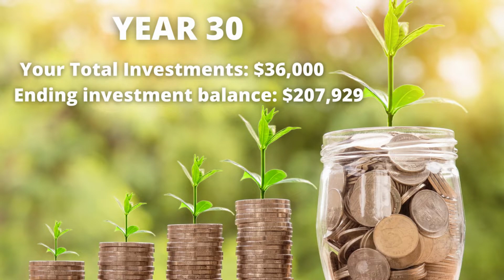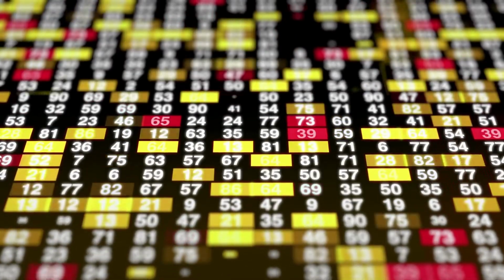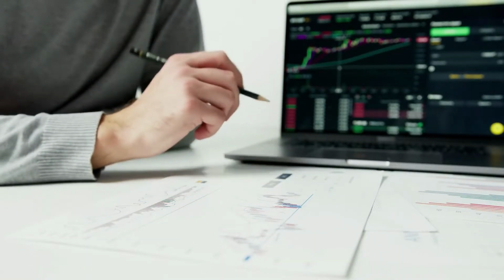On year 30, your total investments are now $36,000. Ending investment balance is $207,929. If you manage to wait another 10 years after that, then on year 40, your total investments are $48,000. Ending investment balance is $559,460. This is of course nothing that I can guarantee, but historically speaking, then 10% per year over a long